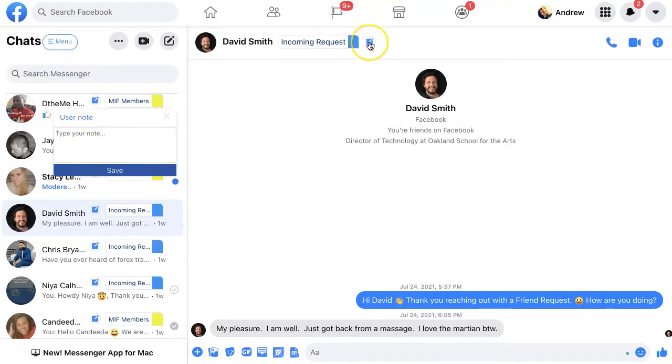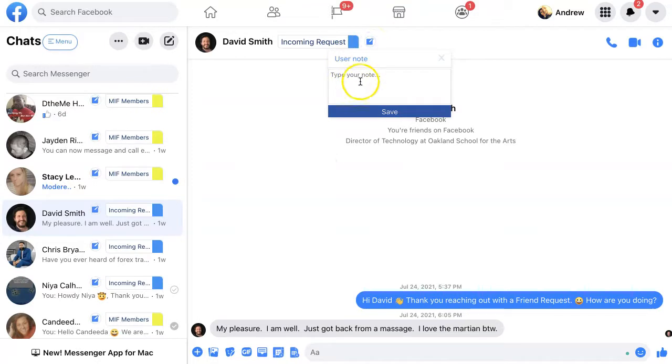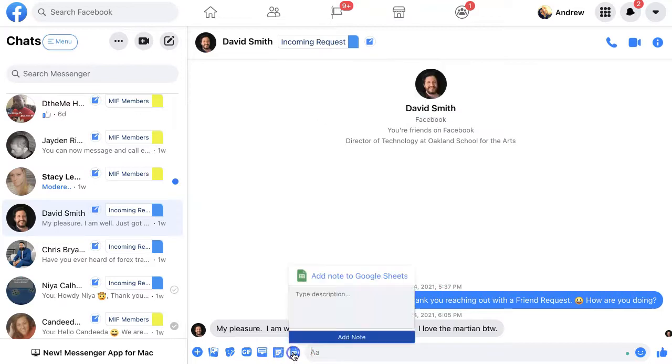And then up here at the top right, you can see as well that there is a note category where you could take individual notes on a specific person. These notes also have the opportunity of being passed over to a Google Sheet. You can see right here, we have a Google Sheet integration if you wanted to send this information about this particular person over to a Google Sheet